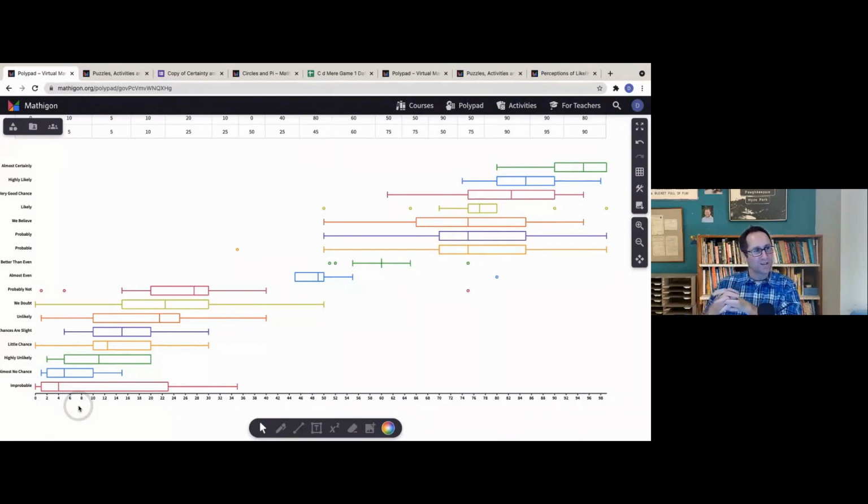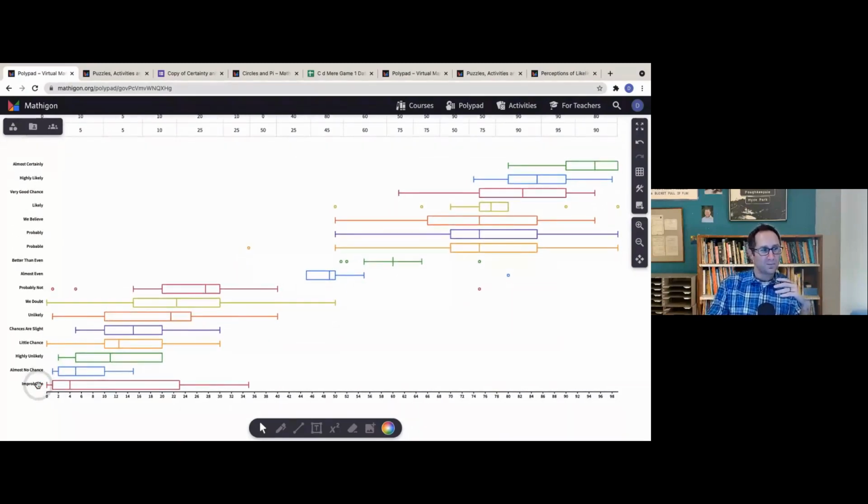And then have a great conversation with students about how these phrases get used a lot. That article that is linked in the Polypad, I think it was talking about how these words get used in the military a lot in reports as people are deciding what type of action to take. And the concern was that people were interpreting these words really differently, right? And if that's going to guide action to take, that should be a little more clear in what those words are. It is 9:50. I've talked way too fast, but hopefully there were some fun ideas shared about how you can explore these tools to help engage students in